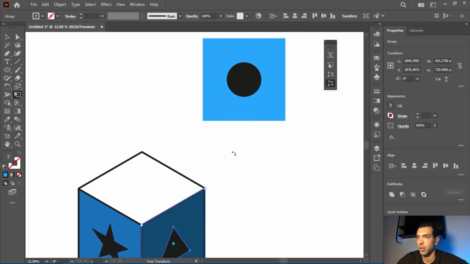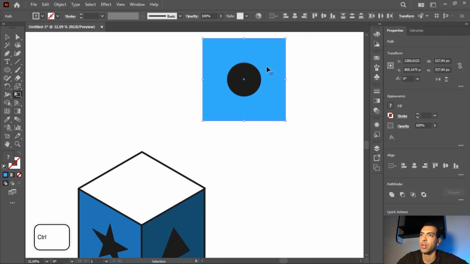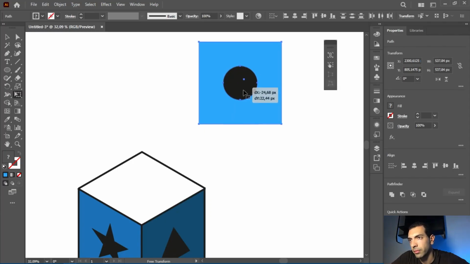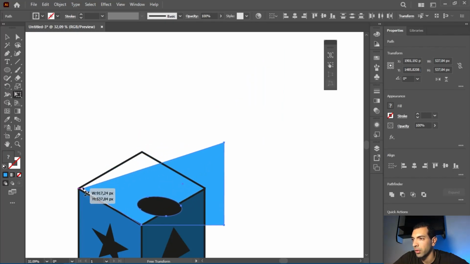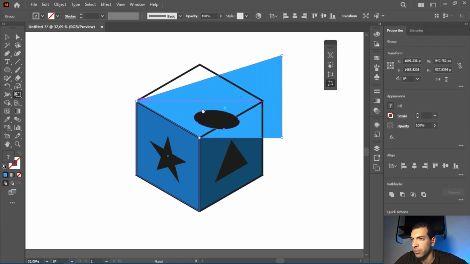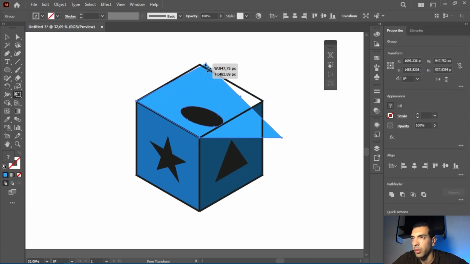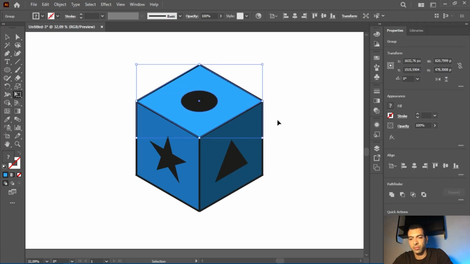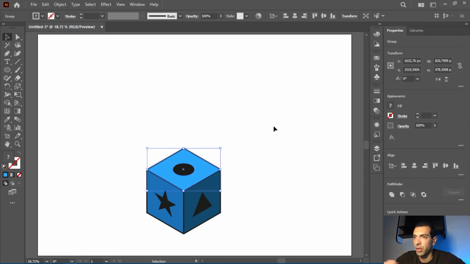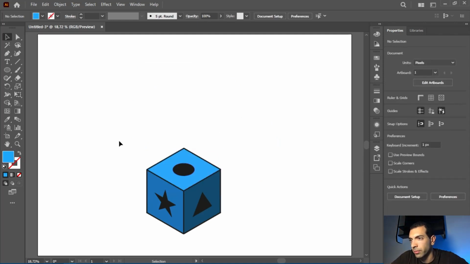Now this part, Control, select, let go of Control. I take it right here, put the point here, this point here, and this point right here. V, switch back to selection tool. I'm gonna select the cube,